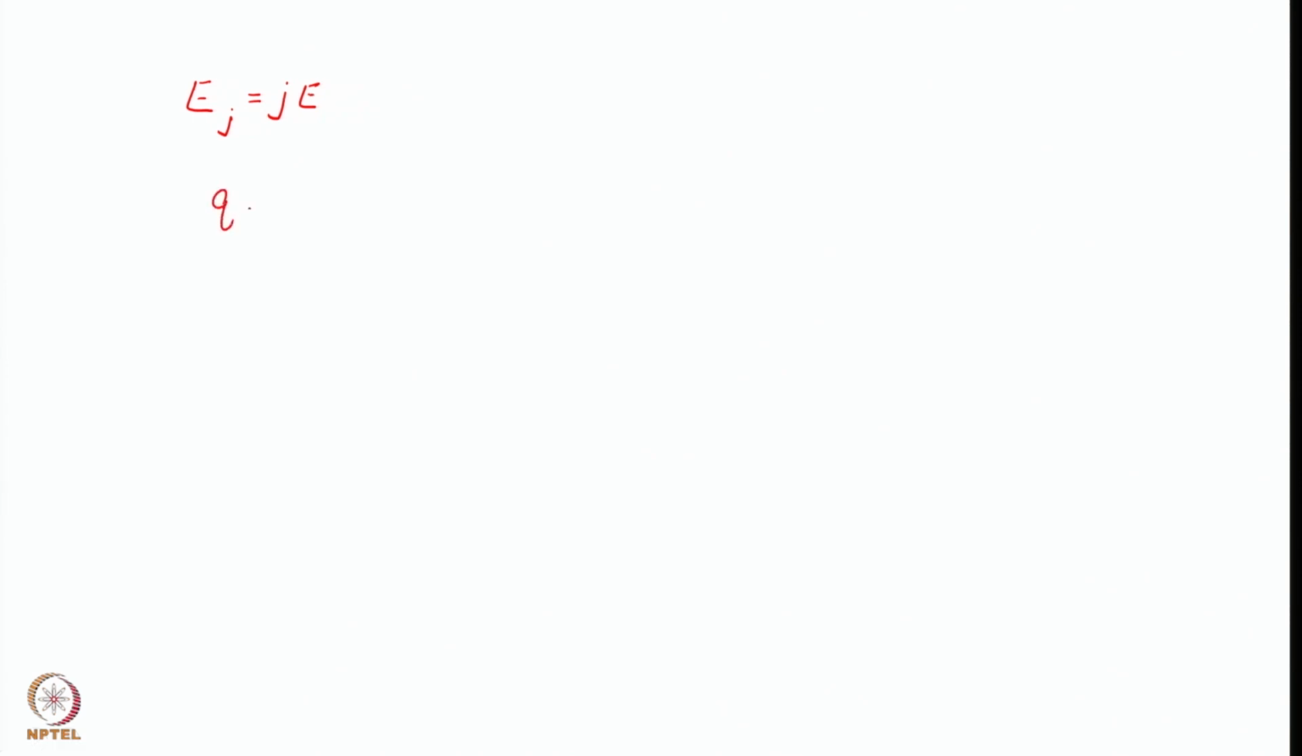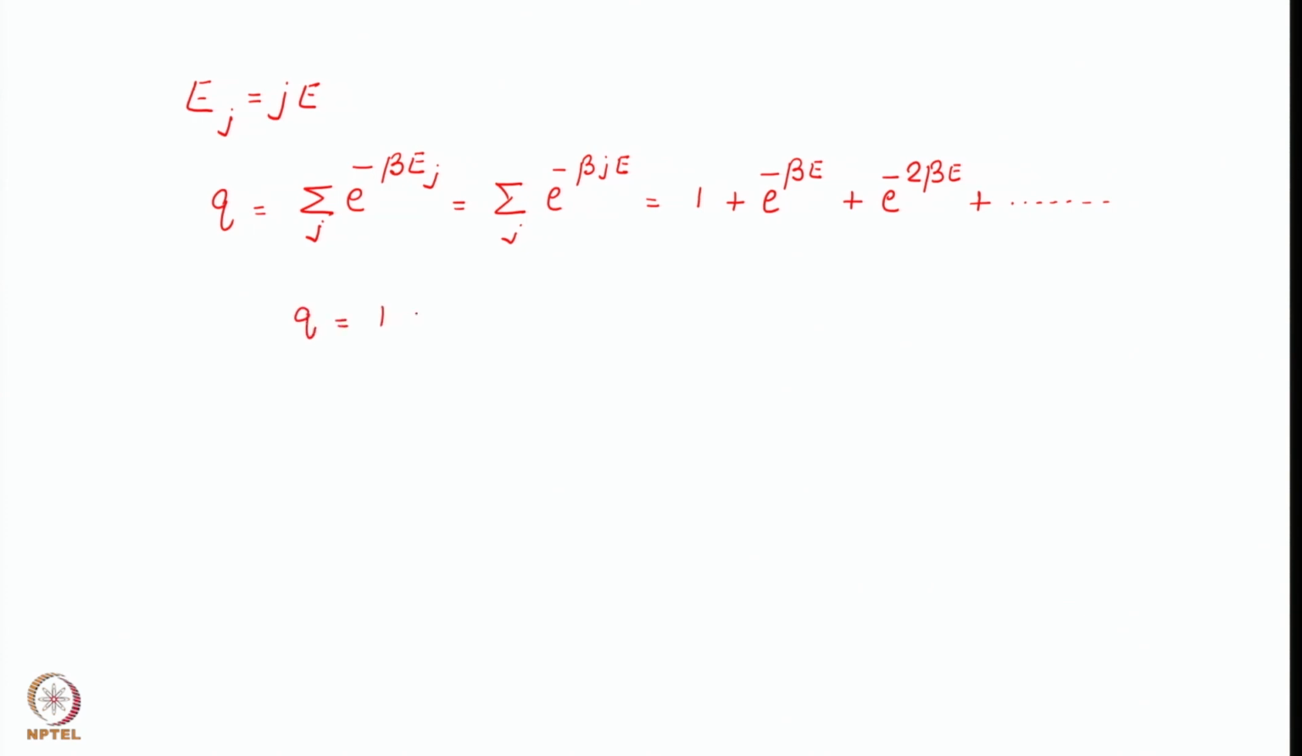That means Q will be equal to summation over j of exponential minus beta E_j, which is equal to summation over j of exponential minus beta j times E, because E_j is equal to jE. Now putting j from 0 onwards, 0, 1, 2, 3, 4, we have 1 plus exponential minus beta E plus exponential minus 2 beta E plus exponential minus 3 beta E and so on,